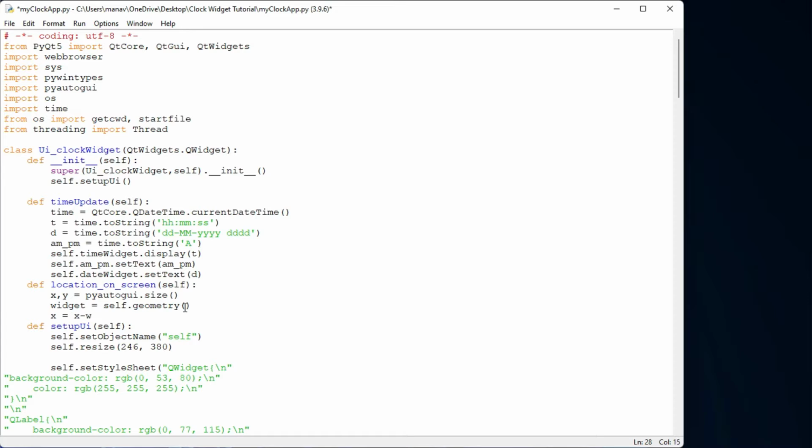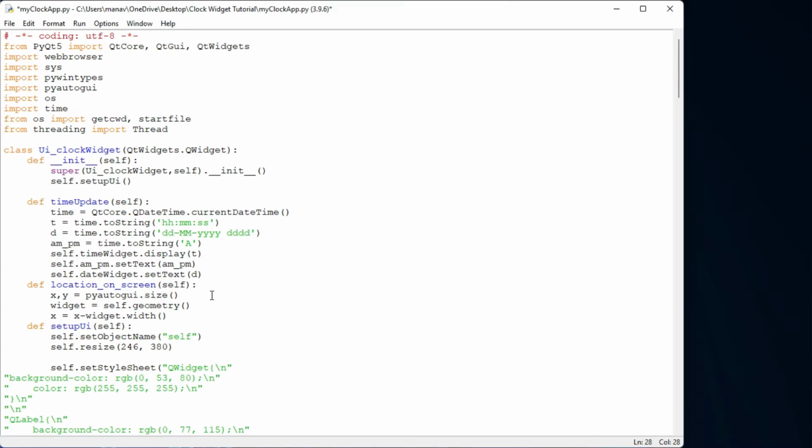So I will use widget.width. The previous x is the width of our screen size, and this will return the width of our geometry. I am subtracting this because I want to get the location where I will move my widget.